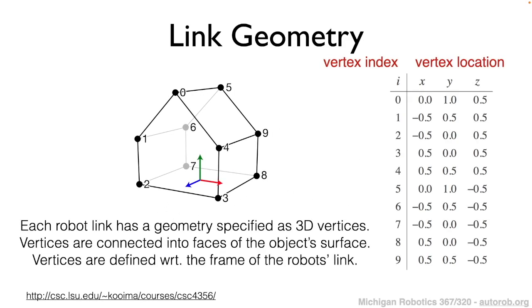To go a little bit deeper into that, each robot link is going to have a geometry defined for it. Within this geometry, there's going to be defined a set of three-dimensional vertices. If we connect the vertices together, we get faces, which form the surface of the geometry that's actually visualized within the simulation. These vertices are 3D points that are defined with respect to the local frame of this particular link. In the case of this house example, if we connected, let's say, vertex 0, 1, 2, 3, 4, and then back to 0, we'd have that front face of the